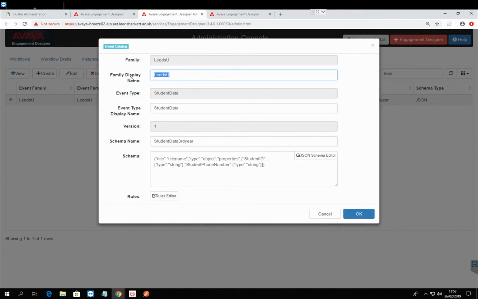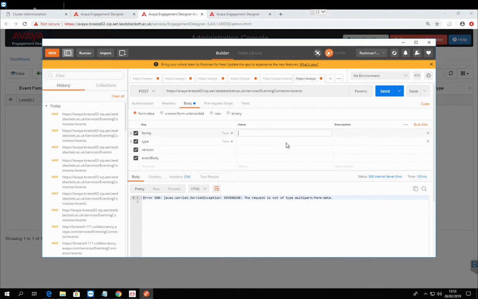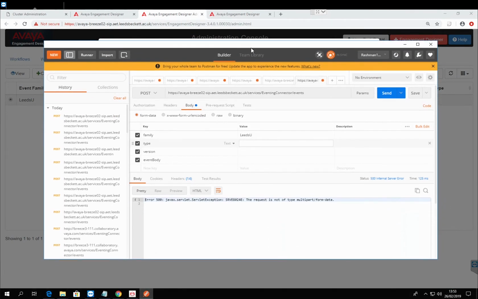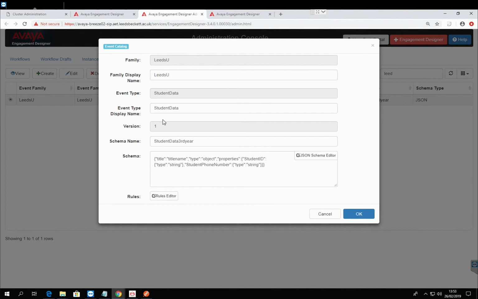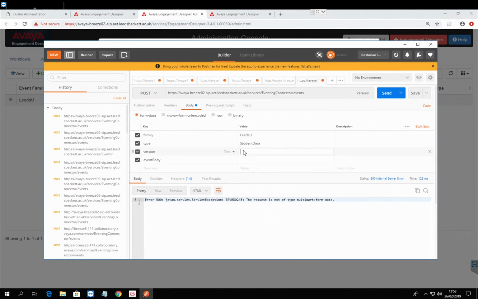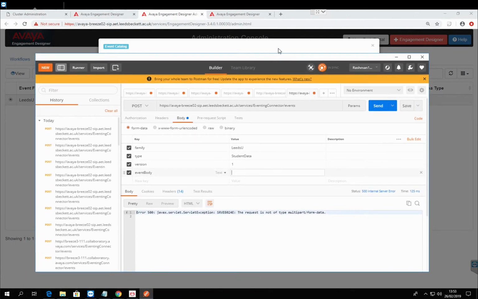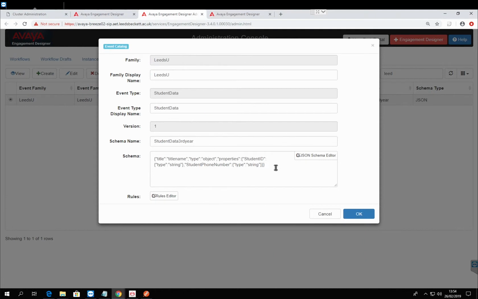family will be leads you. The type will be student data. And the version will be 1. And make sure I put a capital S. Yeah, cool. The event body itself will be the data